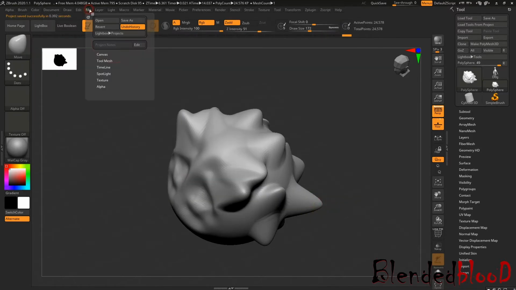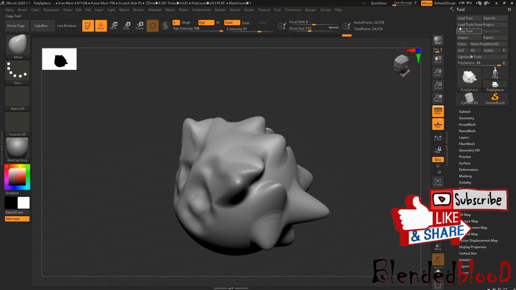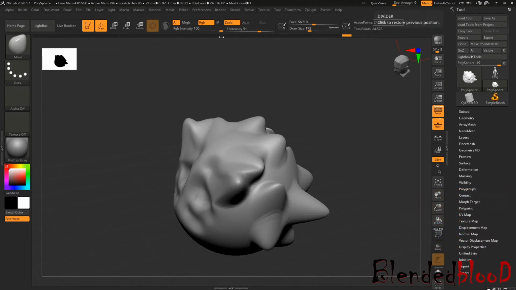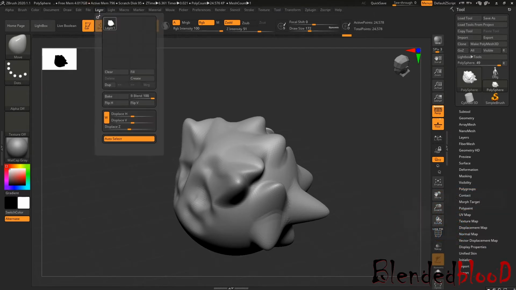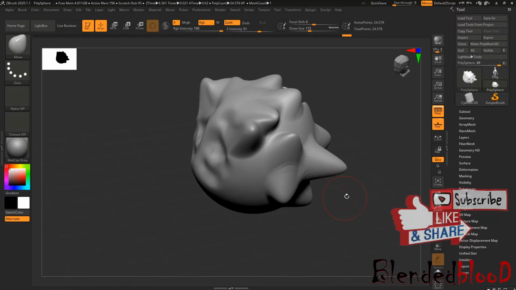So if you save from here, or if your software goes for auto save, then that option will go by this. If we save from the tool option, then whenever we want to reuse that object, we need to import it by this Load Tool. Okay, it's kind of like open file. So if we save from this, then you already know how we can open. You just click on open and do manually what we used to do in previous software.